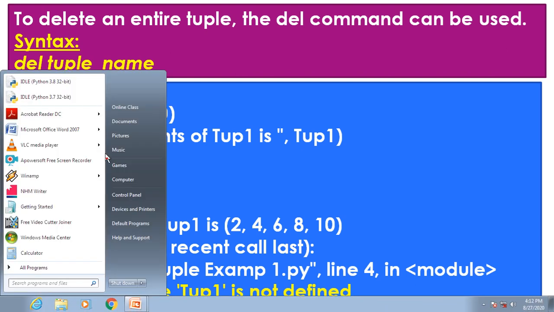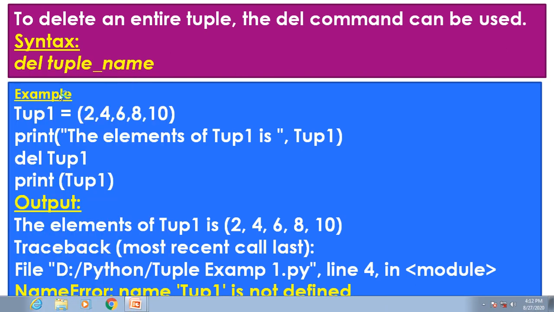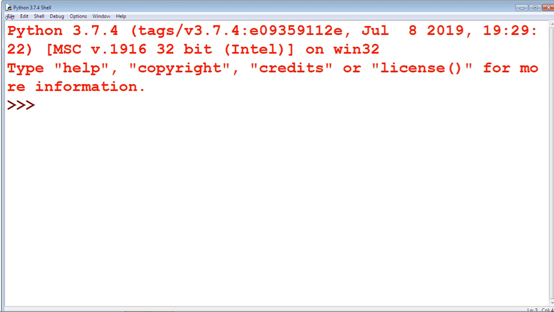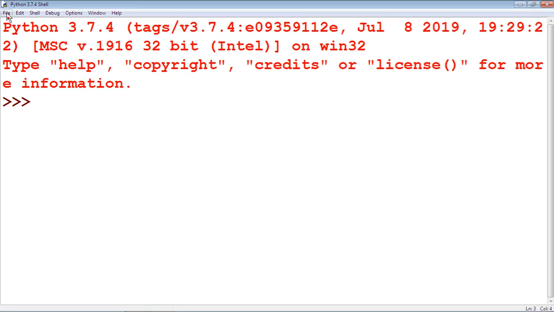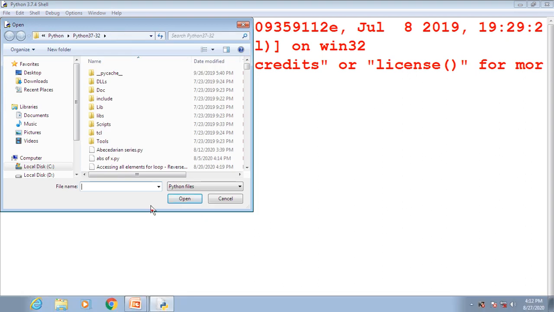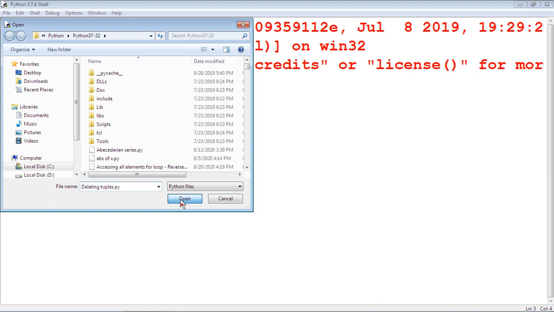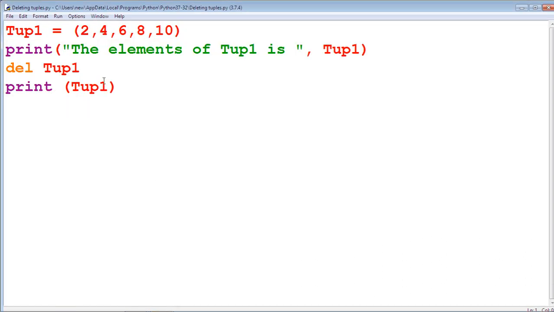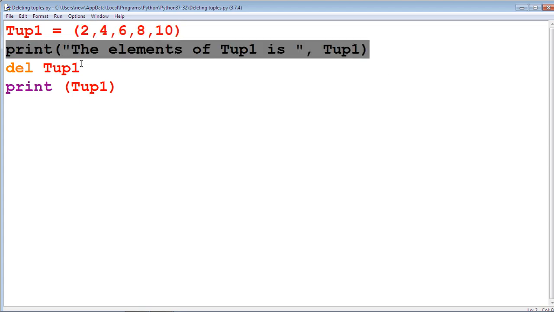Check this example by using the IDLE window. File open, deleting tuples. Here tuple 1 contains these elements, displayed by using this print statement: 2, 4, 6, 8, 10.